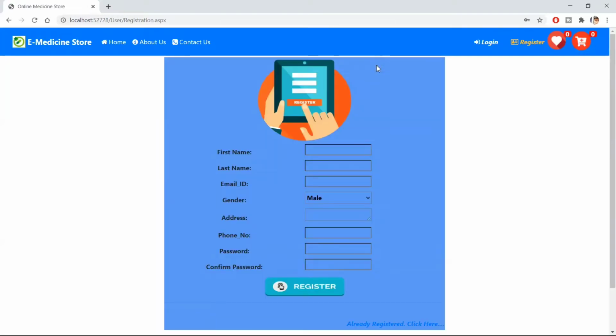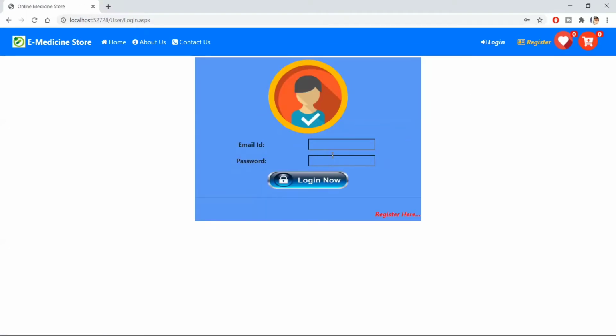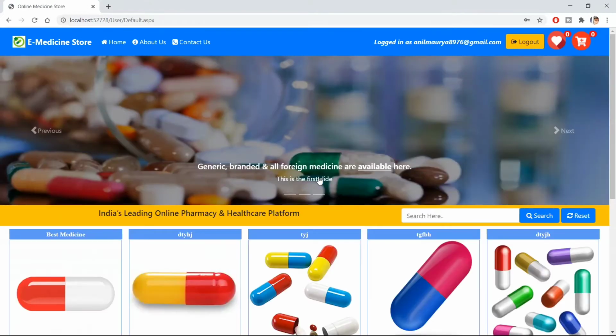User is registered. Let's try to log in. User is logged in now.